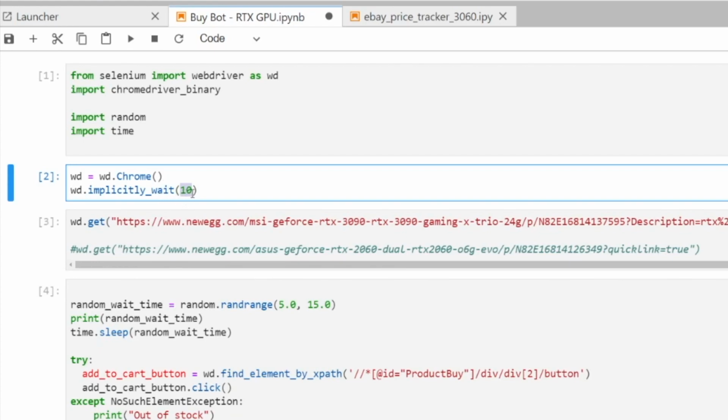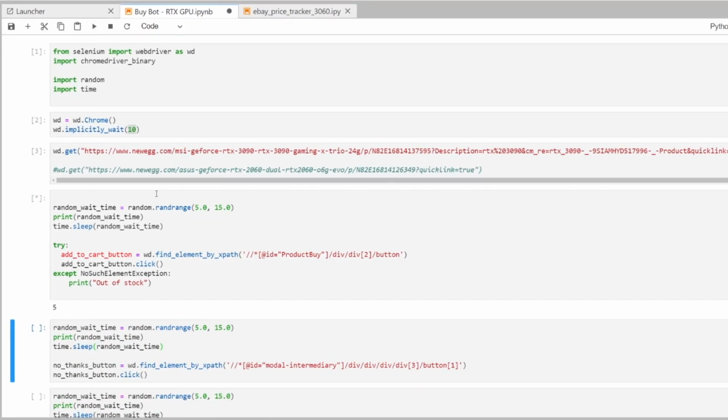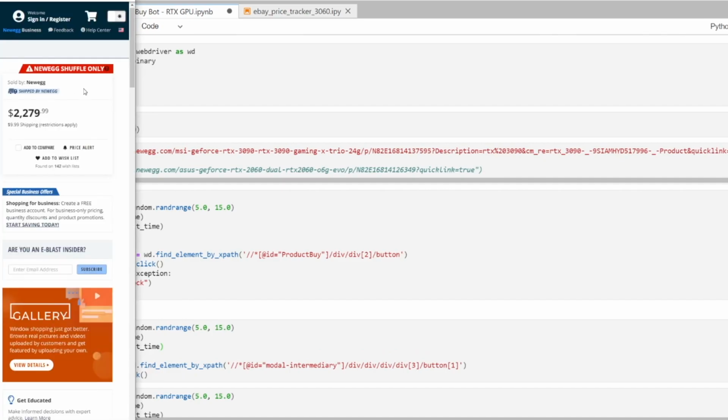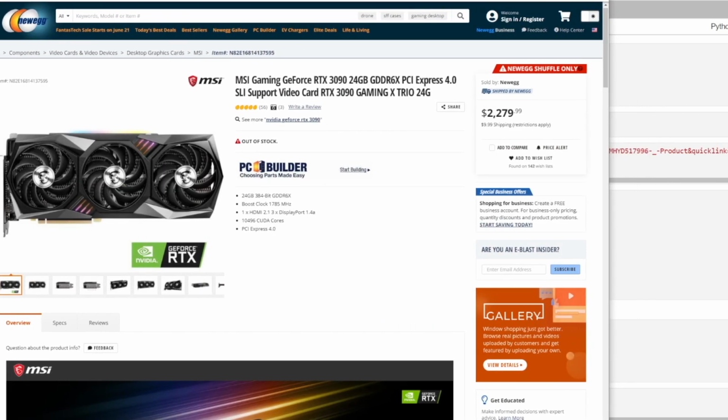This means there's a delay, right? So this method here is going to look for an item with this XPath, and if it can't find that thing, it will fail after 10 seconds. So it's going to give it a chance to show up, but after 10 seconds, it gives up. And that's why you'll see a delay here. So we are trying to do add to cart again, but there is no add to cart.